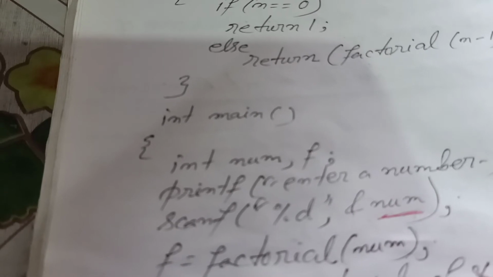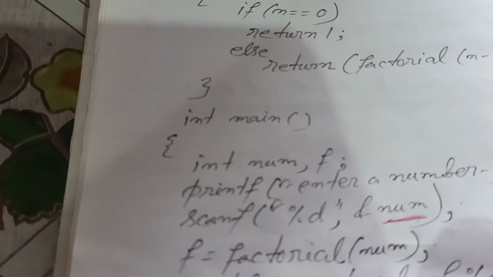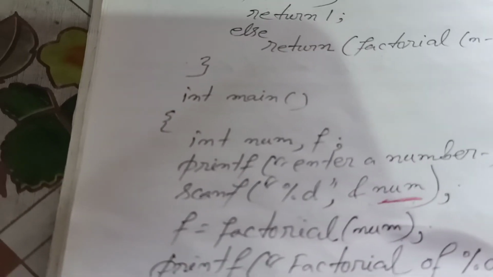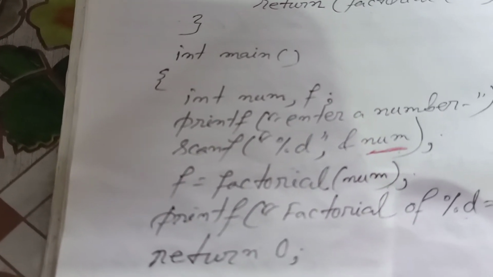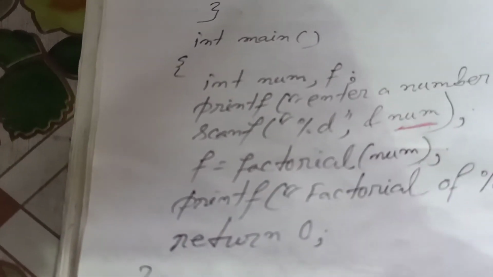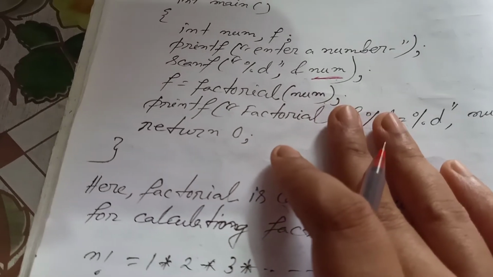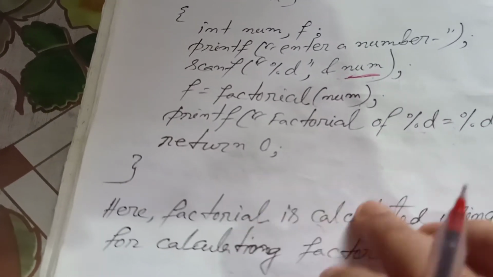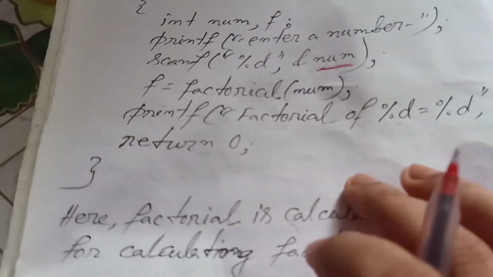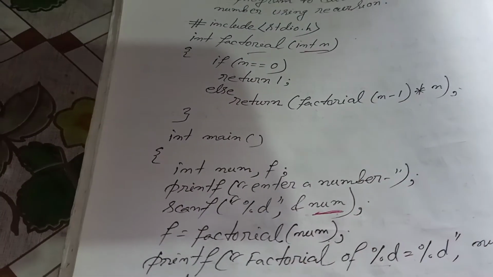As factorial is n minus 1 factorial into n, we can easily use this calculation in the factorial function to calculate the factorial by recursively multiplying n with factorial of n minus 1. Finally, when n equal to 0, it returns 1. Why? Because we all know that factorial of 0 equal to 1. Hope you understood this example of factorial.